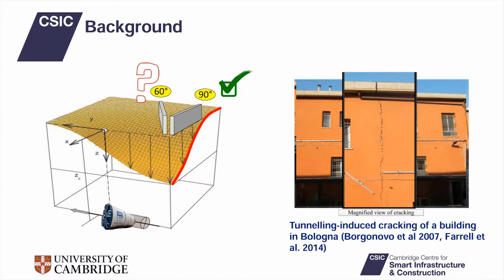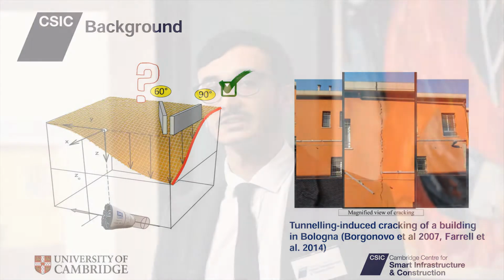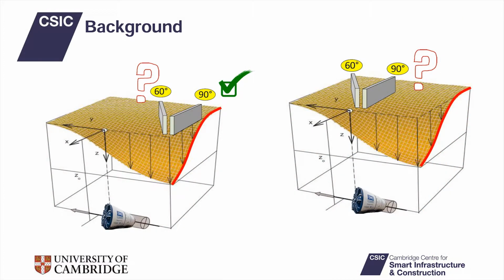Engineers have tools to reliably predict the deformation when structures are perfectly transverse to the tunnel axis, at a 90 degree angle, whereas there is less of an understanding of the actual impact of the building skew on the soil structure interaction, as well as of the impact of the tunnel advancement, and what the actual soil structure interaction is when the tunnel head is beneath the structure rather than past it after the completion of